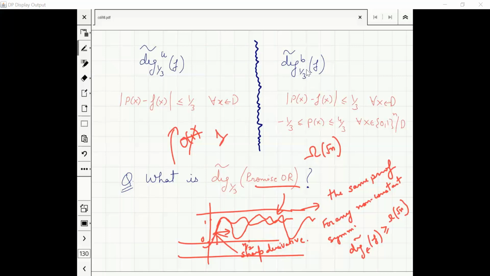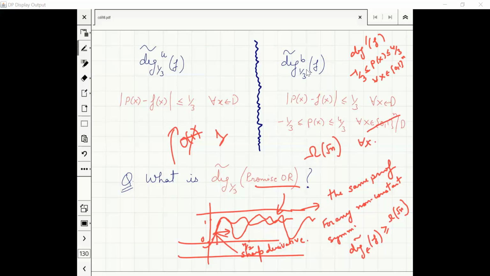No, so are you planning to define degree prime where you just have this condition? Is that what you want to say? No, actually I'm saying that in that case we don't need to take this x an element of D and x an element of D complement to be different. Oh, sure. Yes. I have just written it like this, but you can just say for all x. Yes, it's the same thing. I agree.